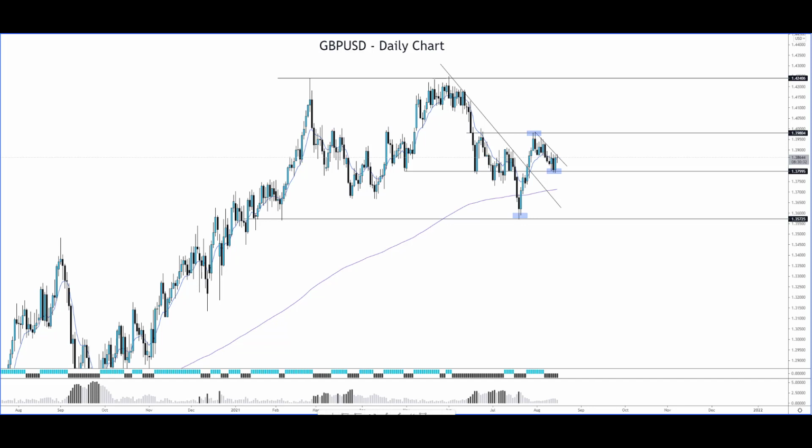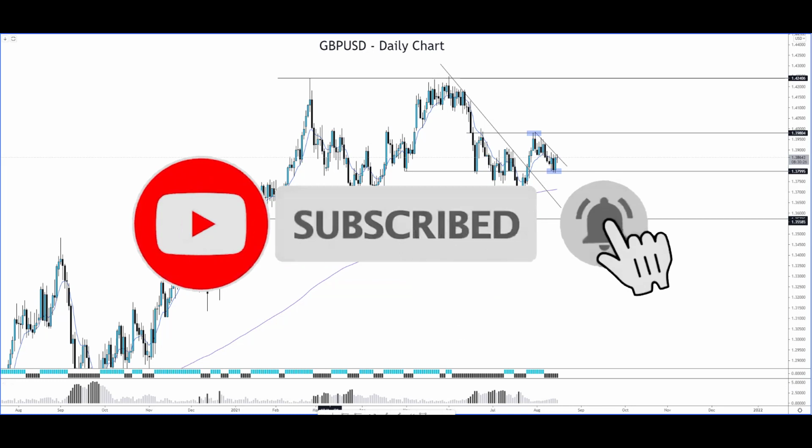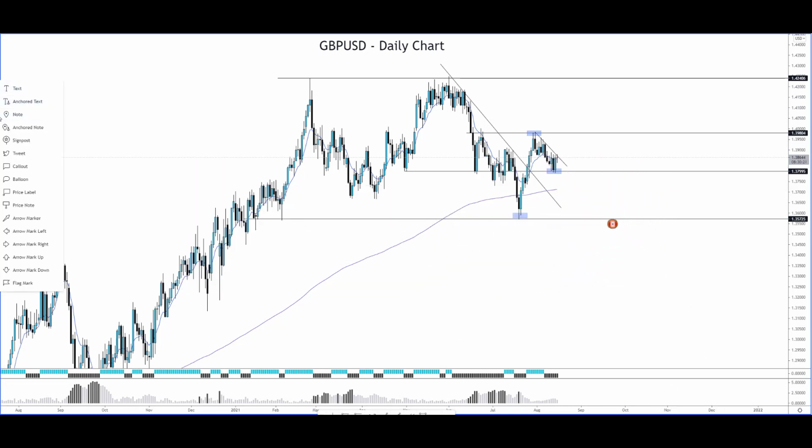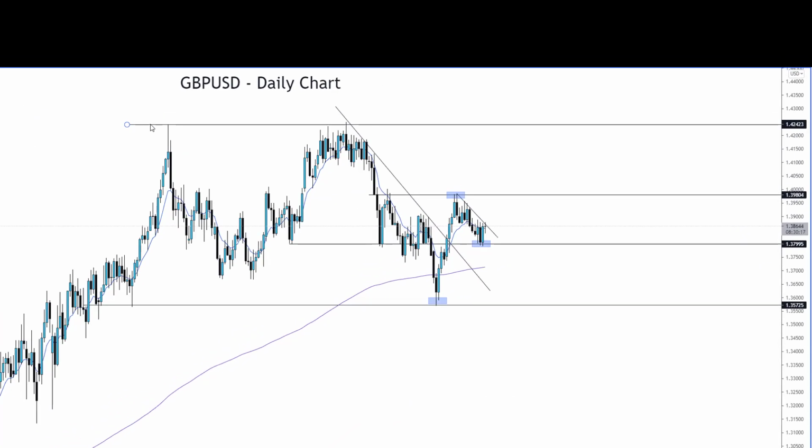pandemic bust last year. So now in front of us we have the pound dollar daily chart, and as you can see we have been ranging in quite a large range. And if I may just draw a couple of lines here, we can see that the recent high of 1.42 is still providing some major resistance at this point, and price has actually retraced lower towards the 1.36 level, and